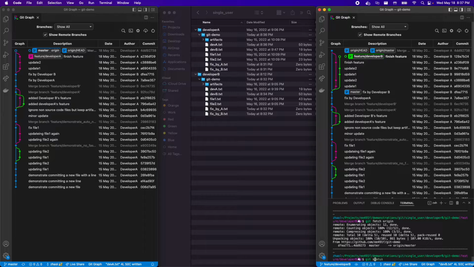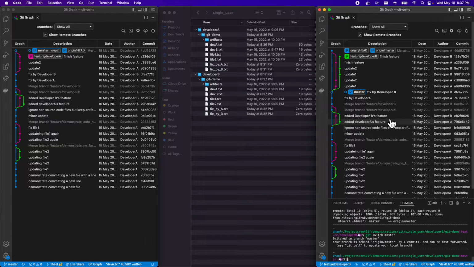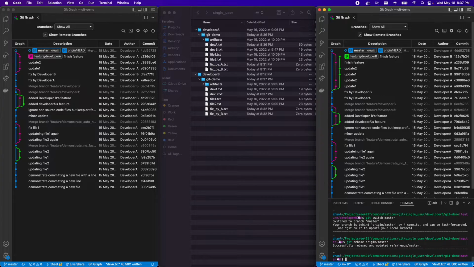So we have to switch to our local master here from our developer feature branch. Now I have to bring this master up to date with what's on origin. So now the local master is up to date, and now we can merge our feature branch, putting the no fast forward,